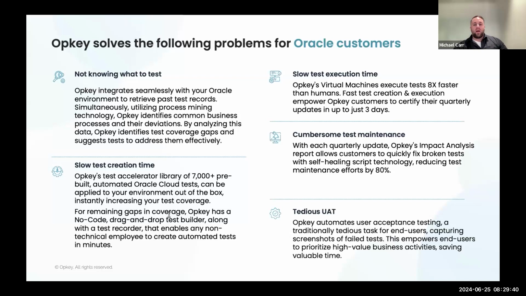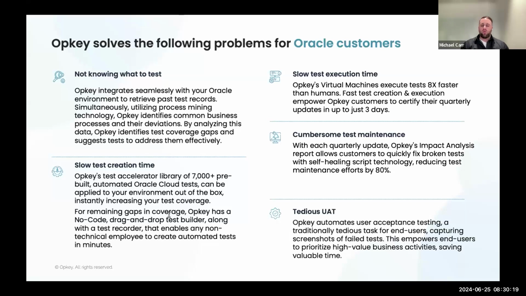Again, the use of impact analysis and generating that report quickly identifies which scripts are going to be impacted, and self-healing those scripts can help improve your script maintenance. There's one other thing not listed here that we released sometime last year, called QLM, which stands for quality lifecycle management. It's a test management platform within the Opkey platform that allows your users to better manage the different scripts, the jobs, and the overall testing program.